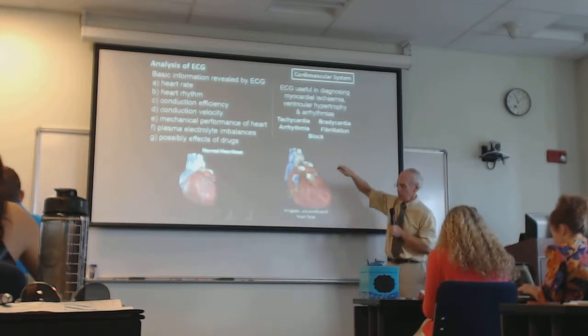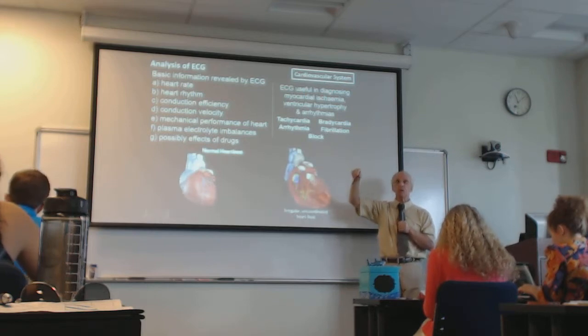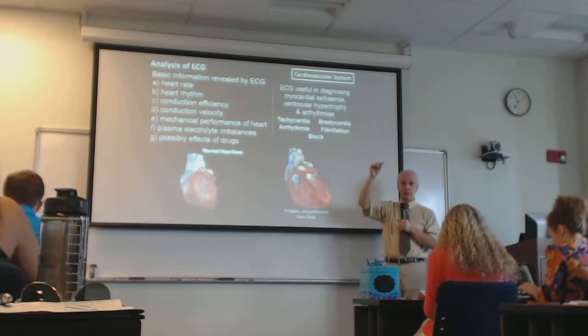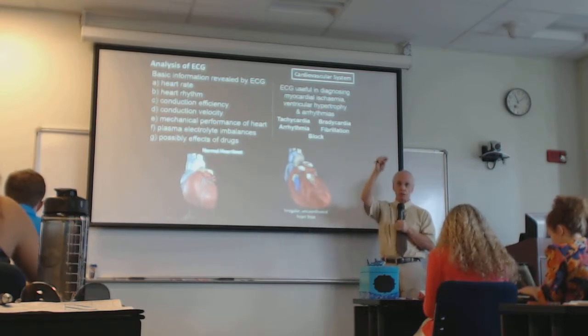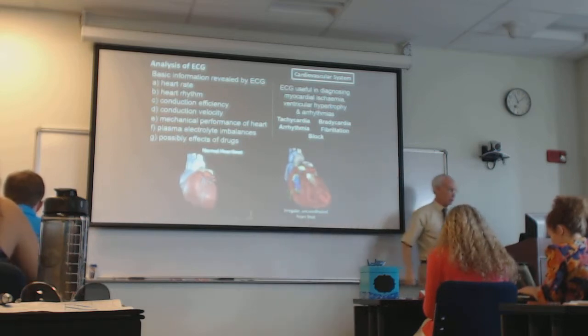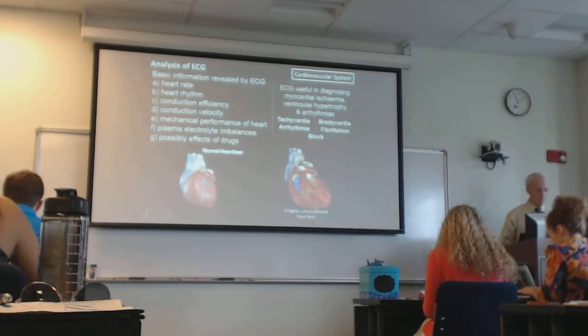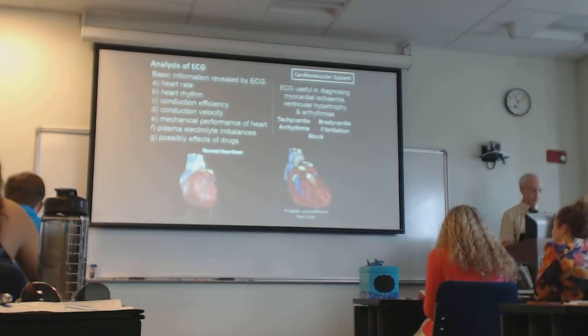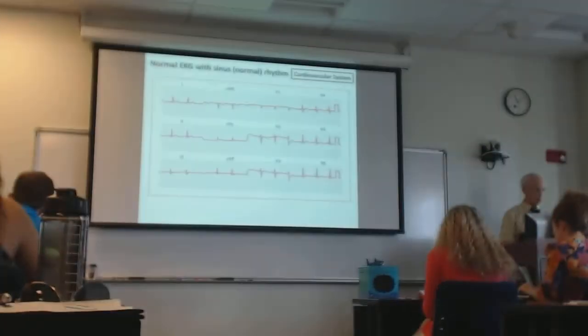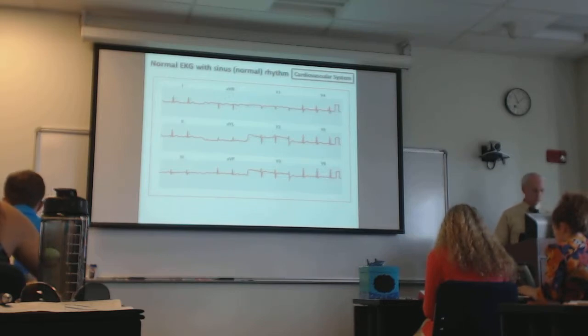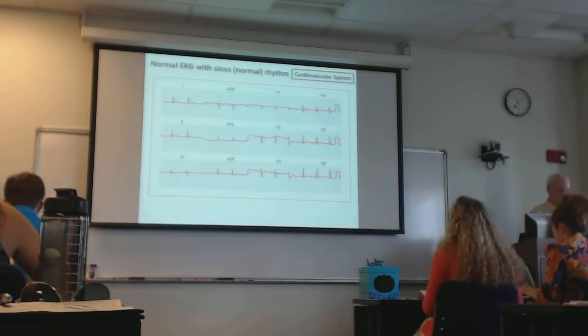A block implies some insufficiency of conduction between the SA node all the way down to the myocardium. That interruption in the conduction of the signal from the SA node to the ventricular myocardium can occur at several points along that pathway. So this would be a normal EKG. I'm not going to ask you to interpret all the components of this, but again, what I do want you to be able to tell me